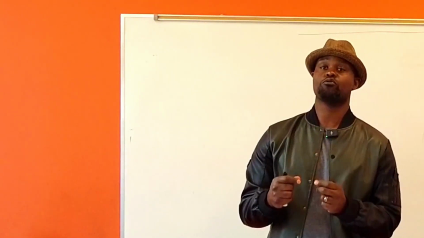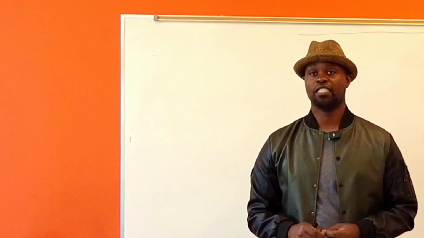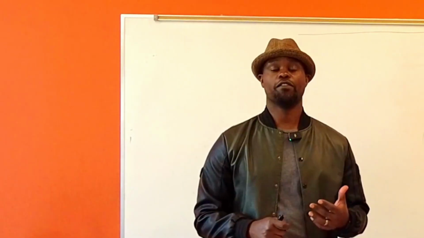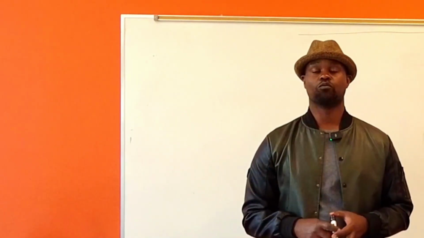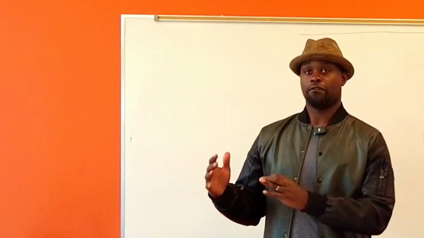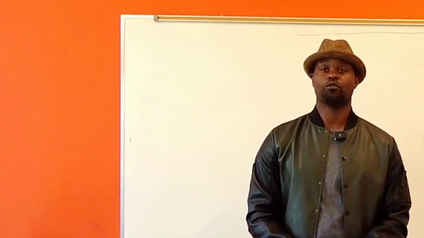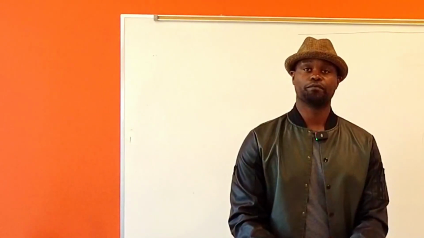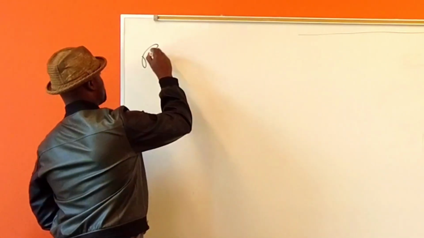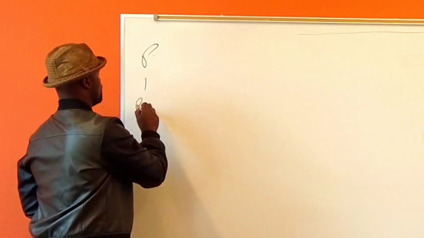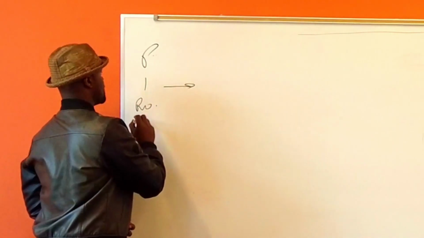Another thing to know about a primary election is that it uses a plurality rule. Plurality rule means that you have to get over 50% of the vote to be declared the party's candidate, right? If nobody gets over 50%, we go to a second election called a runoff election. In a runoff election, the two people with the highest votes will run again, and whoever has the most votes will now become the candidate for our party. So we start with the primary, and in a primary we may have a runoff election. Now that is nonpartisan,